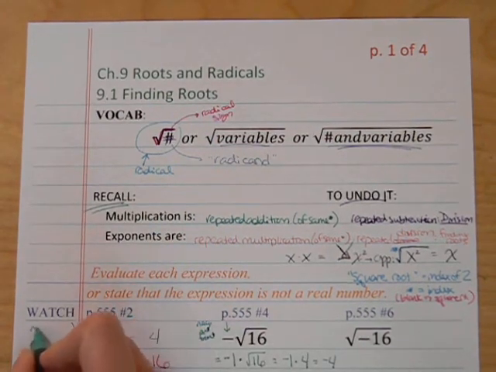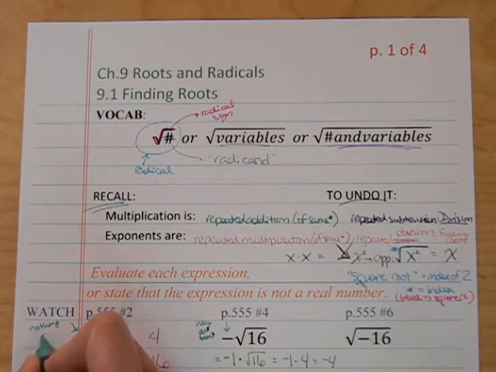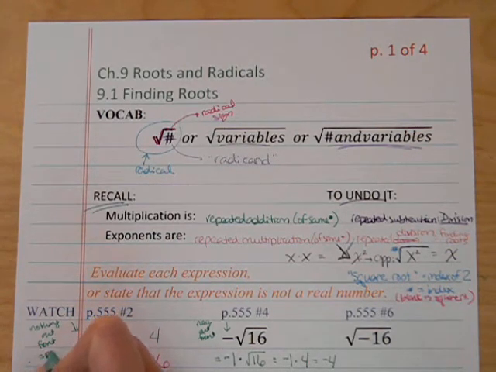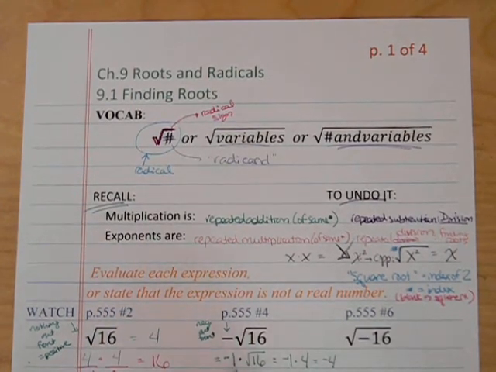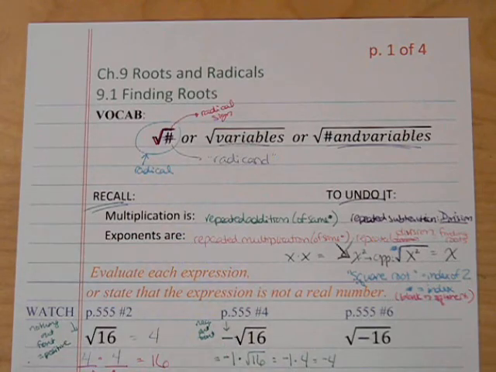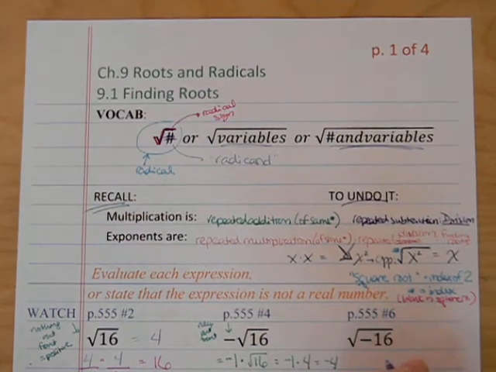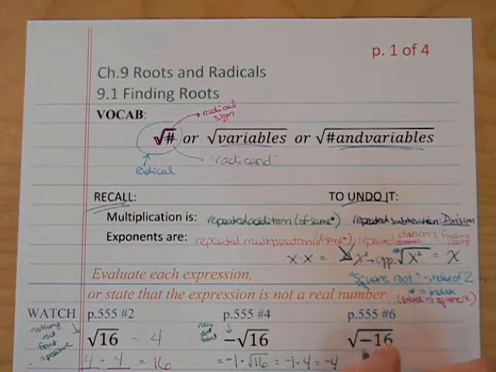Over here we had nothing out front, and that's what made it positive. Okay, so we've got a positive square root known as the principal square root. We've got the negative square root because the negative's out front. But then when you put the negative on the inside of the square root, as in number 6 here, radical -16,